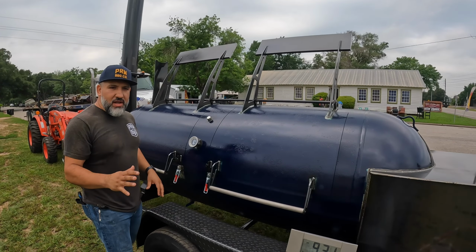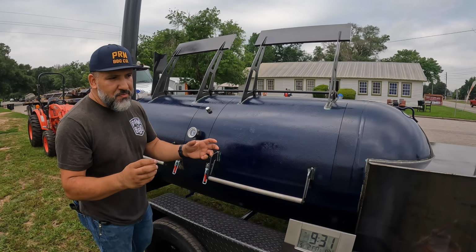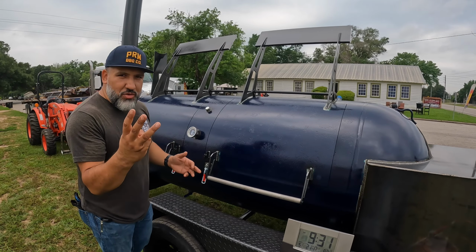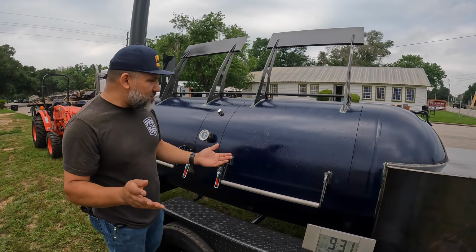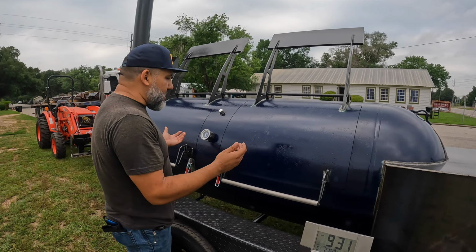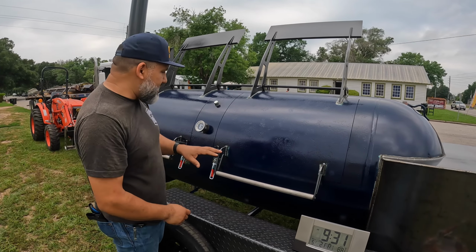All right, guys, so I'm gonna go ahead and load up the pit. I went ahead and put a few more, like, just small splits, because like I said, I used it for a cook-off, so I put like 3 small splits, which is like the equivalent of 1 big split, right? So we're bringing it back up to temp because I'm gonna open it up, and then I'm gonna load the biscuits in there, right? And then we're gonna bake them for about 13 to 16 minutes at that current temperature,